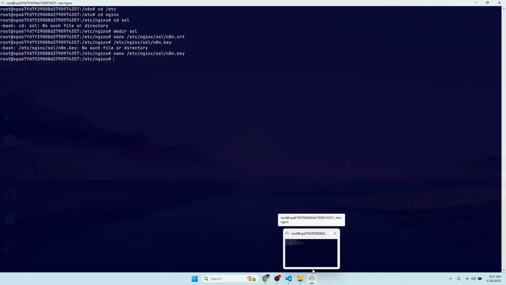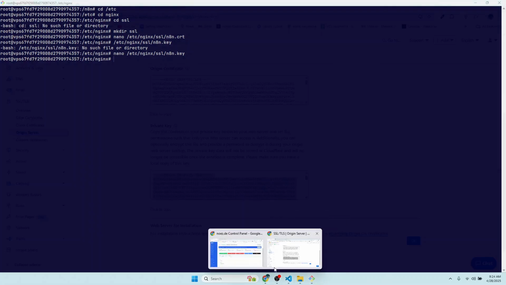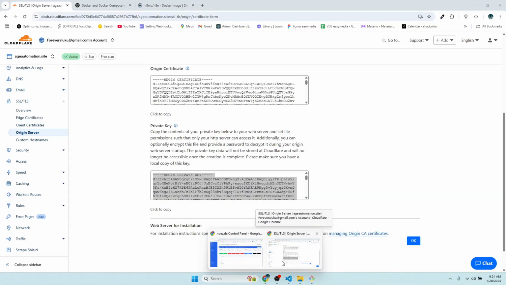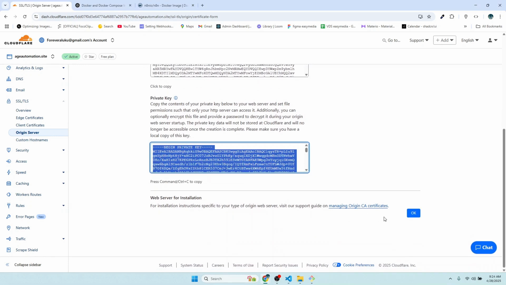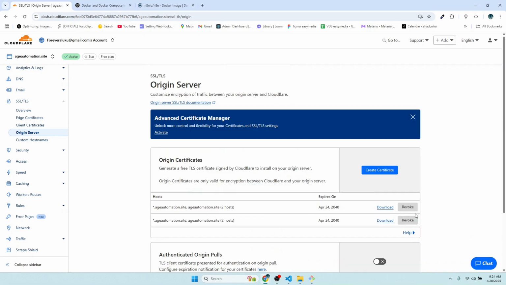So the next thing is go back to Cloudflare and click OK, just to now create the certificate. So it's created, and this one is going to expire after like 15 years, so 2040 April, day like this. So the next step is